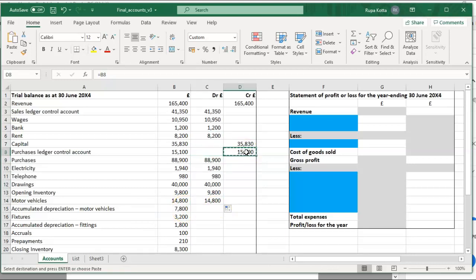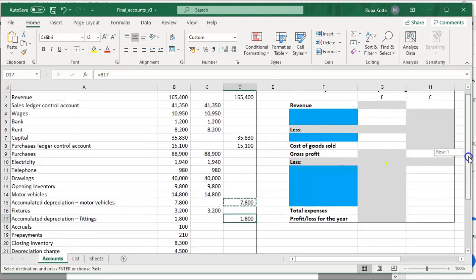Accumulated depreciation for motor vehicles on the credit side. But fixtures and fittings on the debit side. Then accumulated depreciation on fixtures and fittings on the credit side.